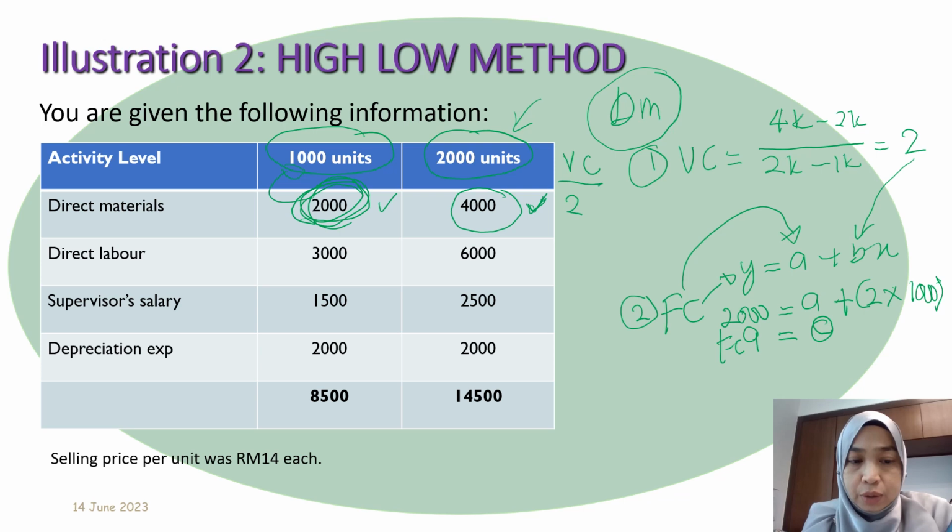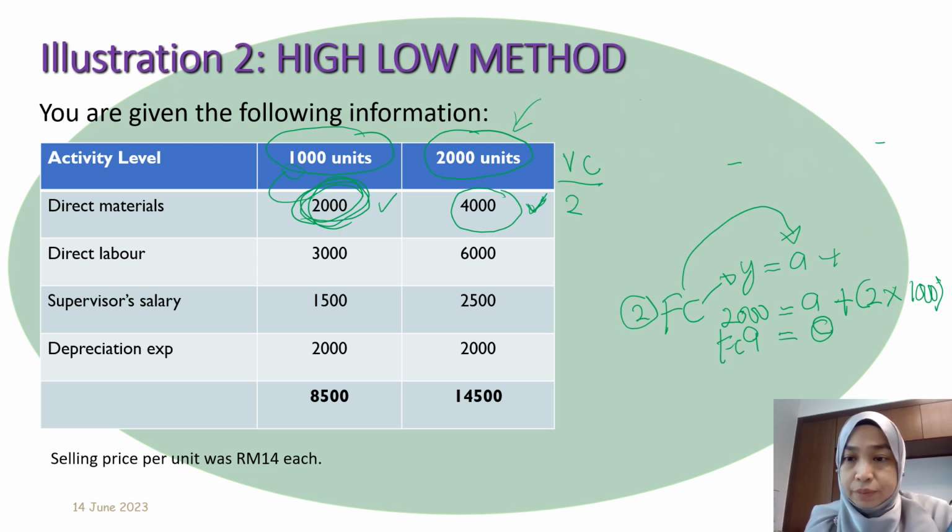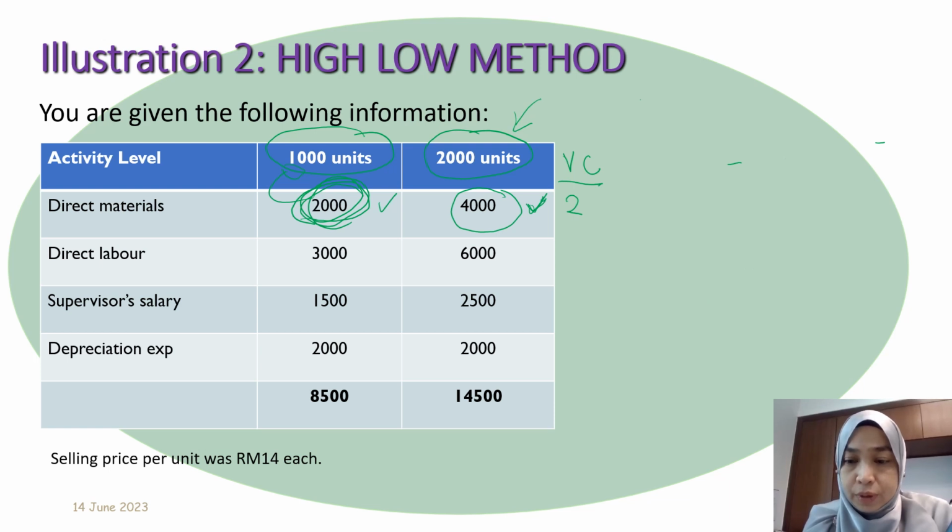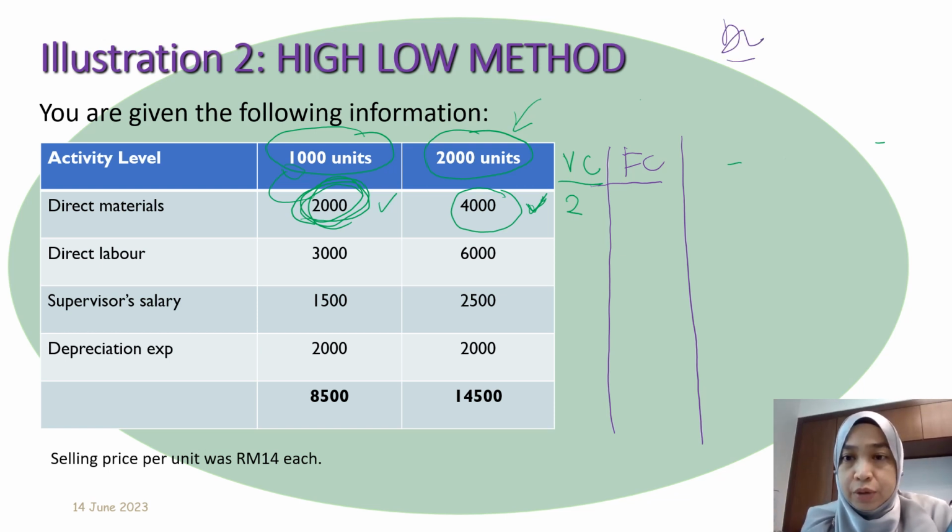Okay, now we proceed with direct labor. Let's try to do your high-low method for direct labor. Let's say you extend this column so that it is easy for you to record the figures later. Okay, now for direct labor, you do step 1. Step 1, you identify the variable cost portion, highest value